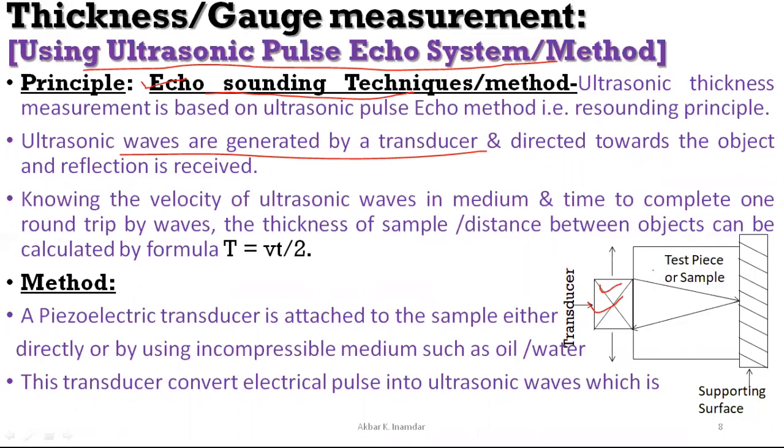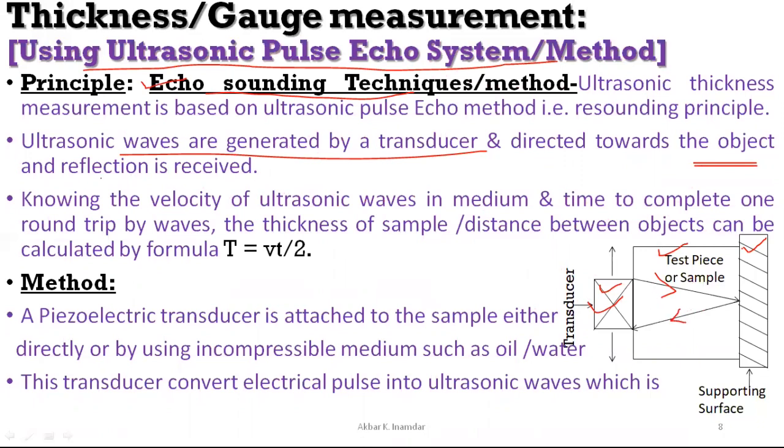It is a transducer, this is the sample under test, and this is a support. So when ultrasonic waves are generated and directed toward the object under test, and when reflected,